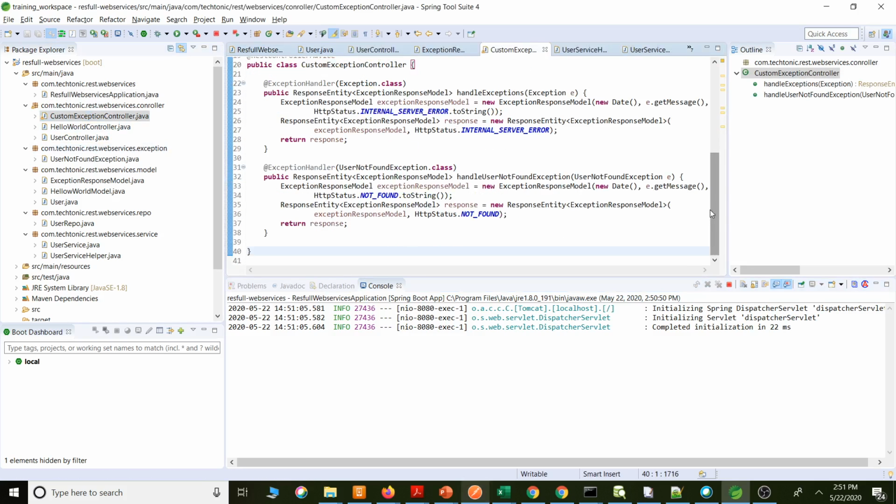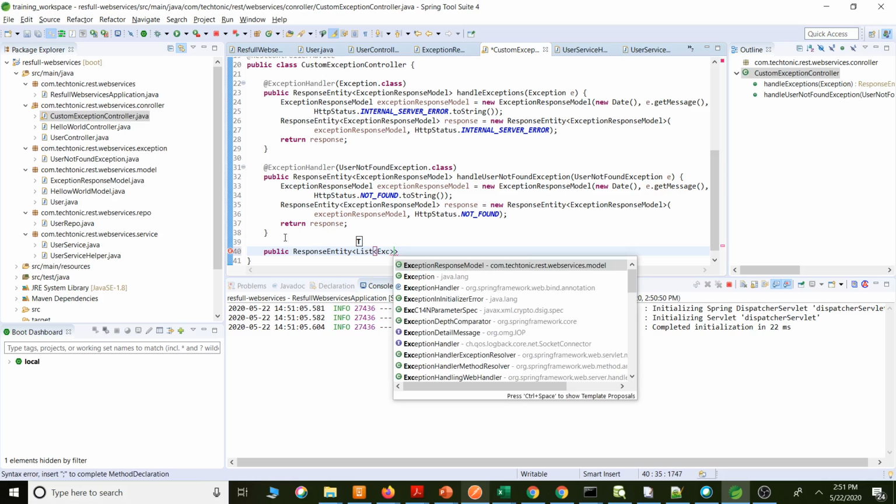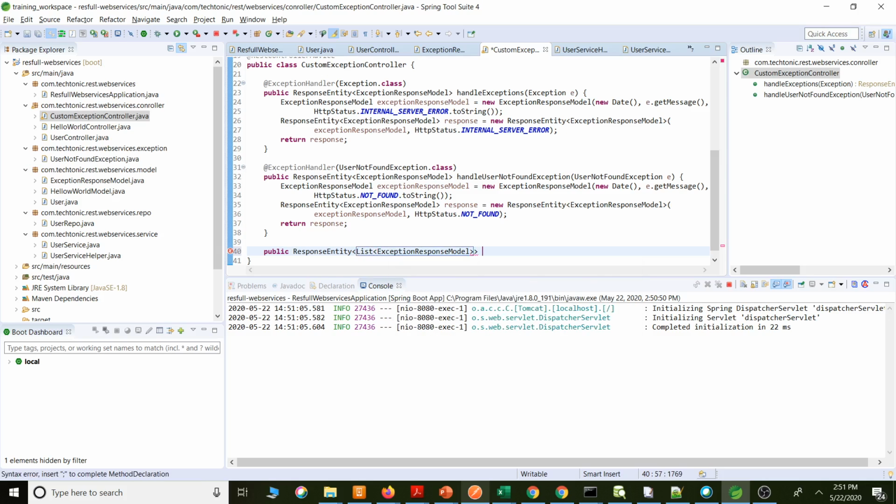In the custom exception controller, we need to add one public method, public ResponseEntity of list of ExceptionResponseModel, handleValidationException.